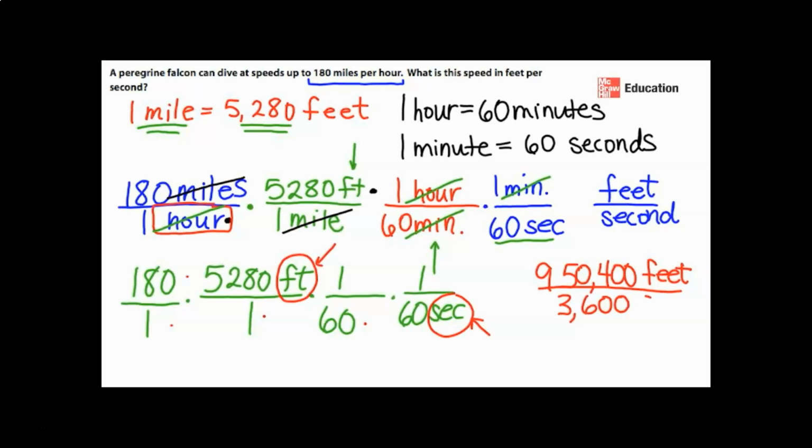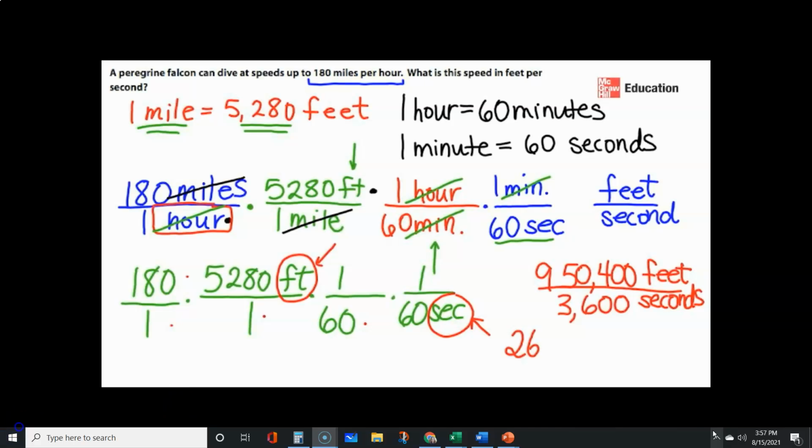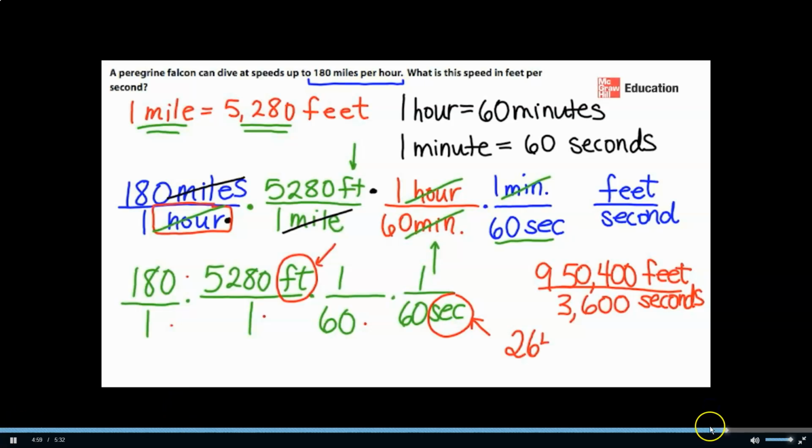The unit in the denominator is seconds. And simplifying this expression, we have 60, and as you can see here, that's where our 3,600 was. They wrote it as 60 times 60. It works the same. Simplifying this expression, we have